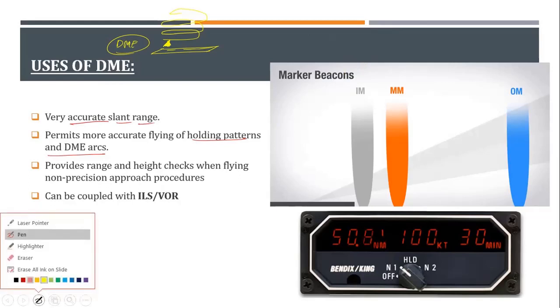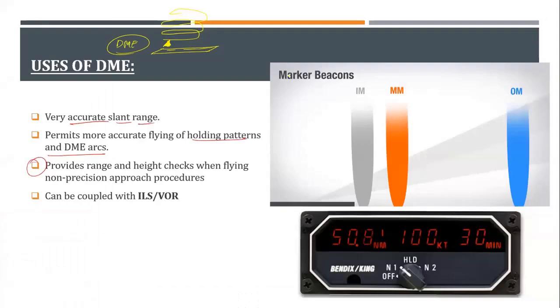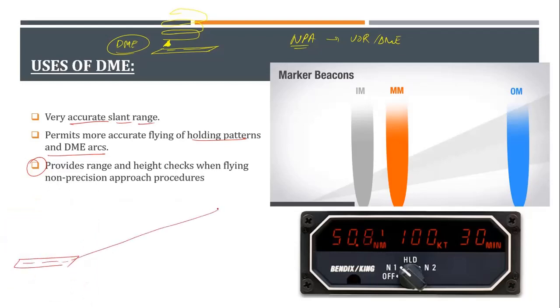Of course, it is also used in non-precision approach. If you remember, I explained that if I'm flying a non-precision approach, I'm using a VOR, and with VOR I will also be using DME coupled with it. I'll give you a small example. This is my runway. The aircraft will be taking a flight path. You will have a chart paper, and in that chart paper it will be written. Suppose 1, 2, 3, 4 nautical miles. The chart says at 4 nautical miles, you should be at 1,000 feet.